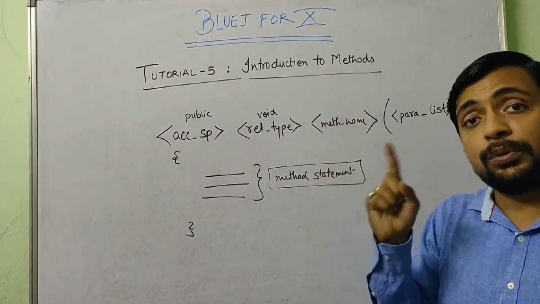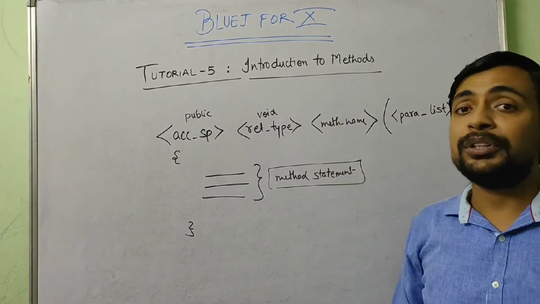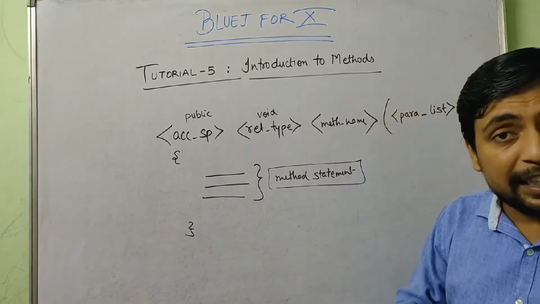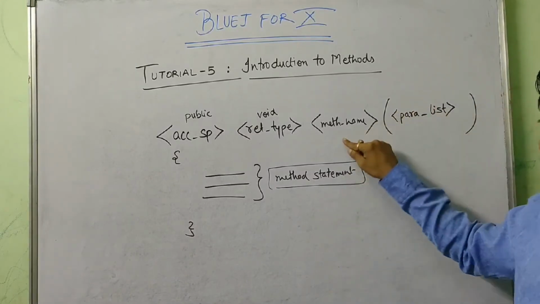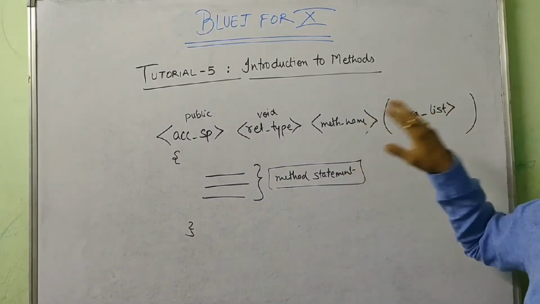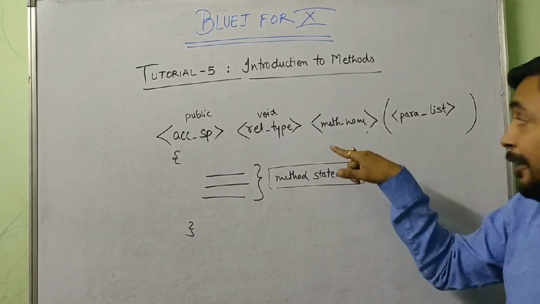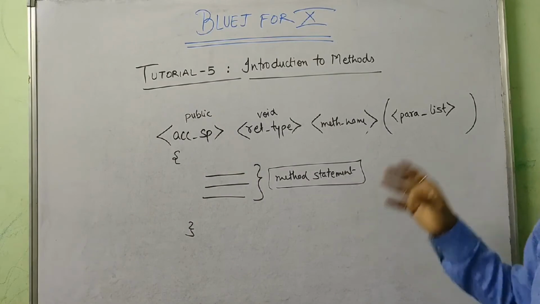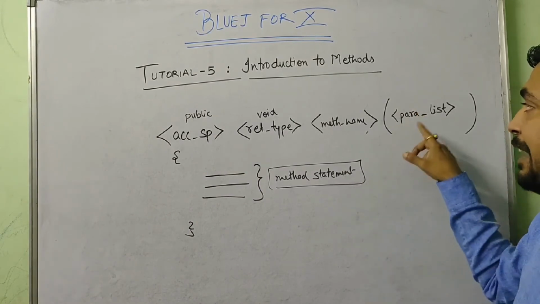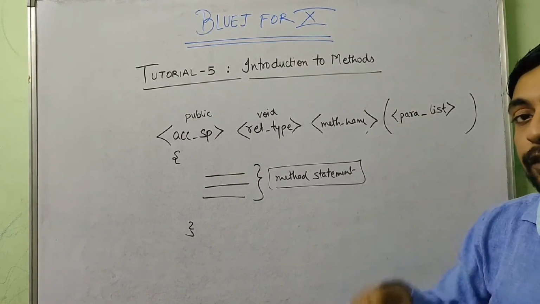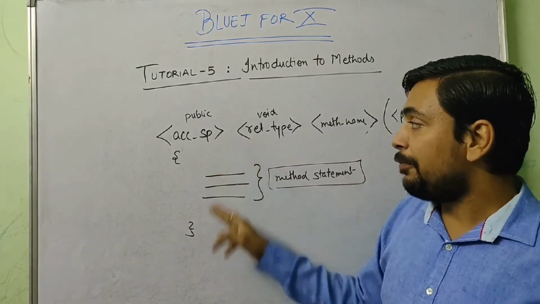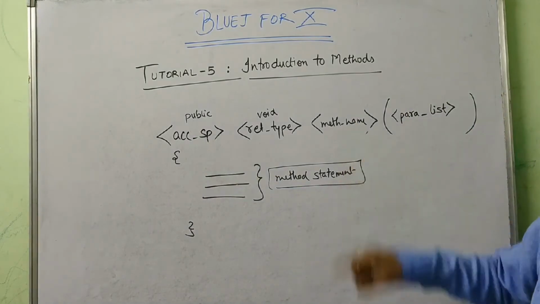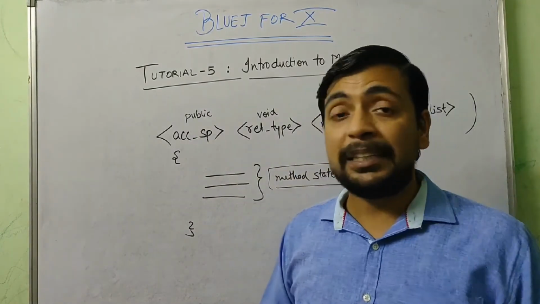So the rules you should be knowing, I told you in the 9th video series. If you want to go through that series, you can click on the link given in the description. So the method name is an identifier. There is a rule to define an identifier, so you should follow that rule. Parameter list: I told you in the BlueJ for 9 series there is one program where I have explained parameter list, but in the next video I am going to talk about that. And the body of the method should be between these braces, and that should be executed when this method name is invoked. So this is the syntax of a method.